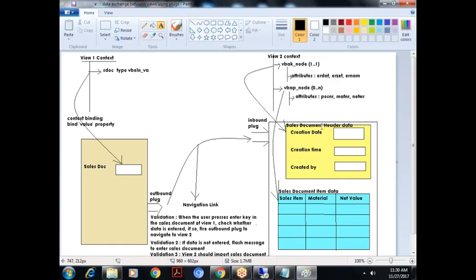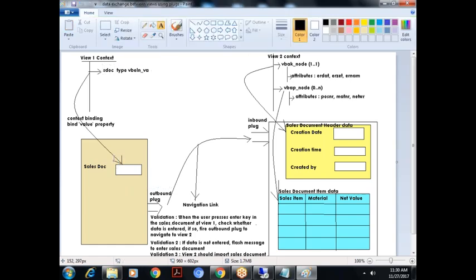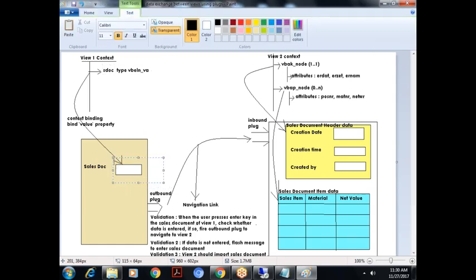So I require appropriate context for this also. Na? This is a form. I require a node with cardinality 1:1. This is a table where it can accumulate multiple records. So I require a node here also with cardinality 0 to n. And here it is an individual input field, na? So I can directly take an attribute. So what you have to export here? We have to export the sales document,